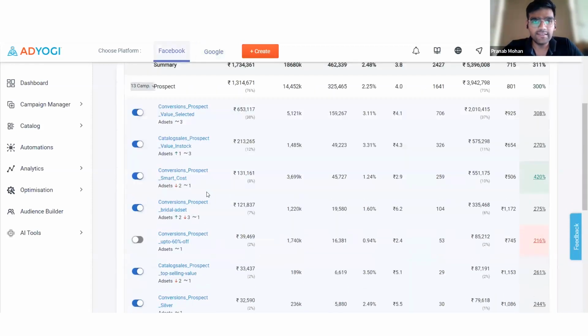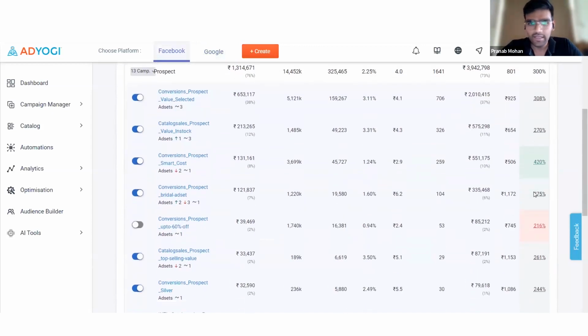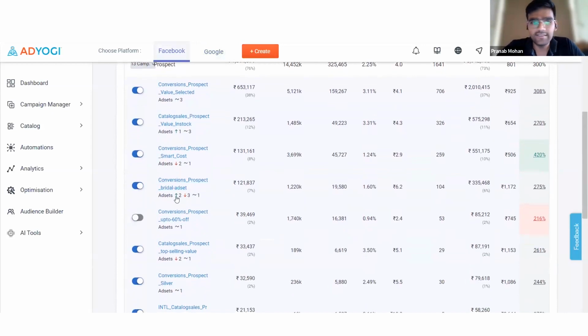Now, within Facebook, I can see a lot of these campaigns. And then again, you can see the reference range in terms of your ROAS. Now, let's pick up a specific campaign. Against this campaign, I have, let's say, 6 assets. Within these assets, I have 2 assets that are better performing, 3 that are not performing, and 1 that